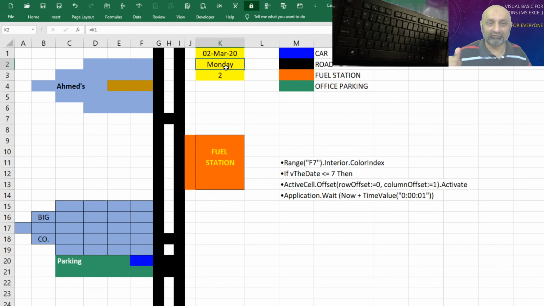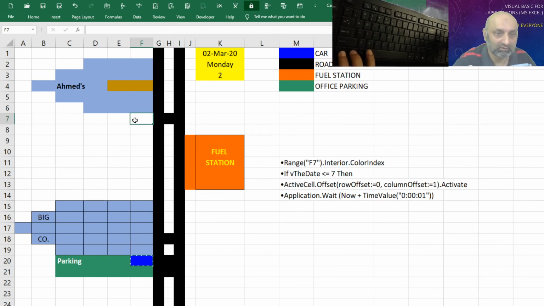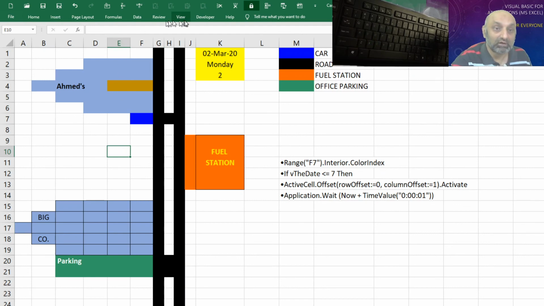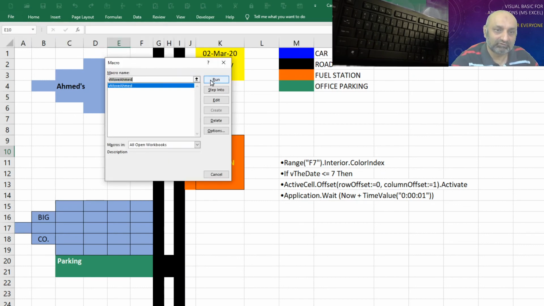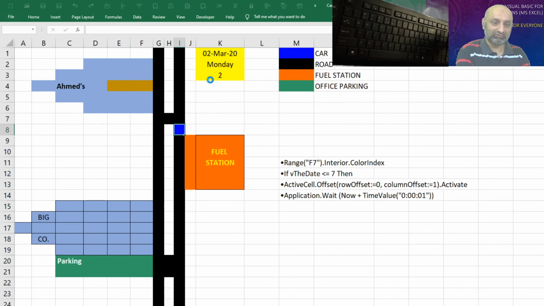So this is first Monday of the month, and we should get our fuel plus we should get our tire pressure checked. So this is also white, so we are good to go. Developer macros run. Going towards the fuel station, getting the fuel, moving towards tire shop.